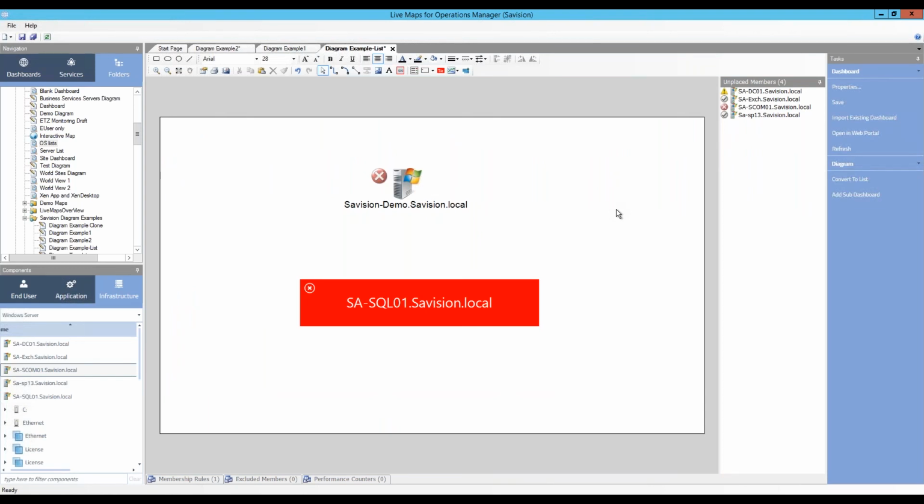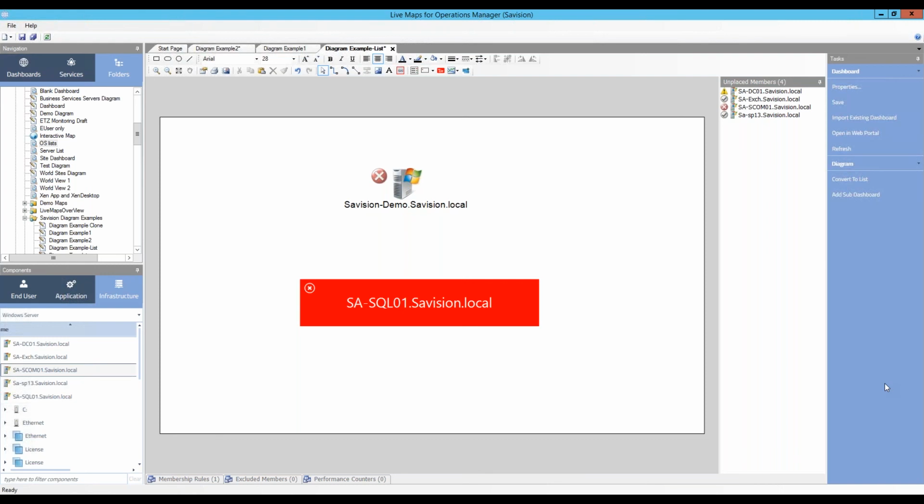Yeah, so you can see there is a bit of a limitation on the membership rules for diagrams, in the fact that a diagram is a very visual controlled area, where a membership rule doesn't worry about those visual controls. I tend to advise you from the service maps, as Chris and I keep mentioning, but the application layer is where your service is probably going to have a diagram where you'll have boxes separated out. Have a look at any one of our out-of-the-box dashboards, like Active Directory is a good example, where you have 6 boxes. You drill down, and the ones underneath the boxes tend to be lists, because once you get down into that,